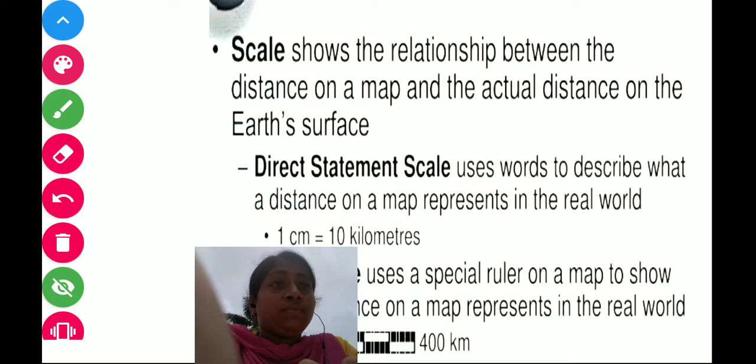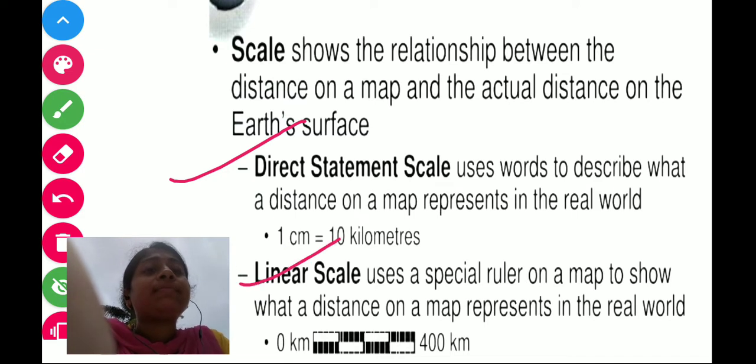Scale can be shown in many ways, like direct statement and linear scale.